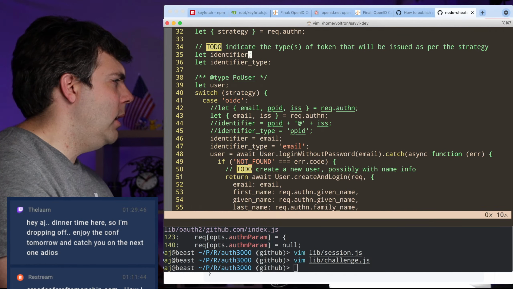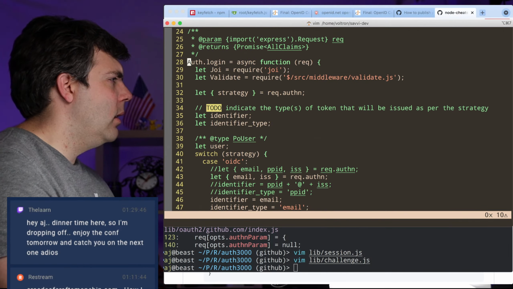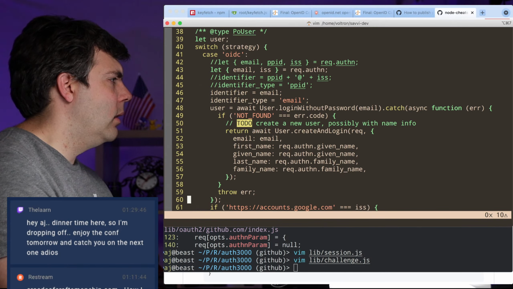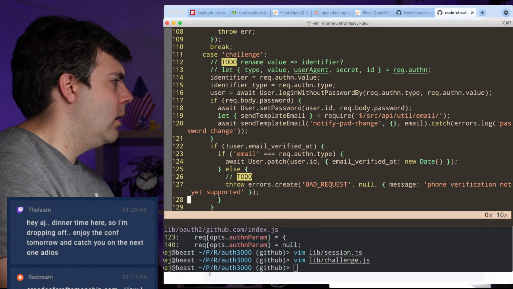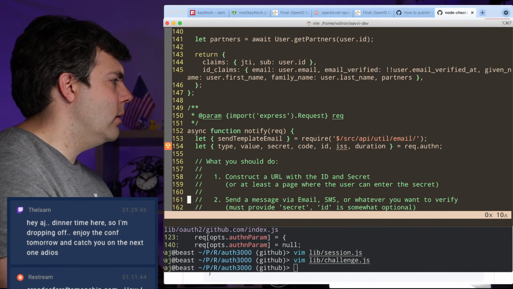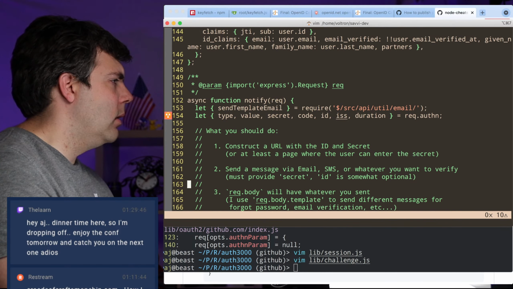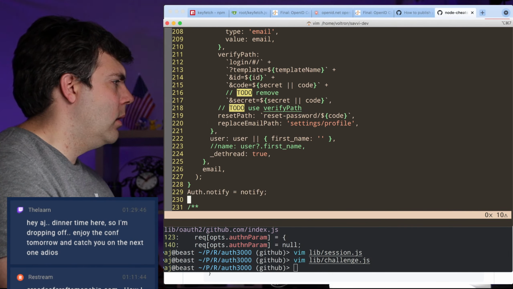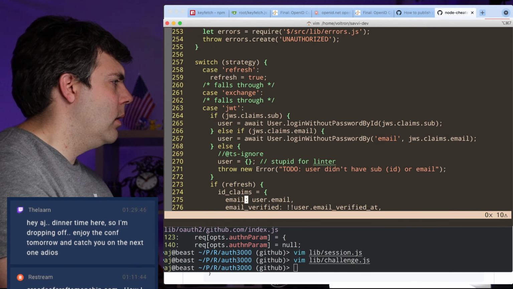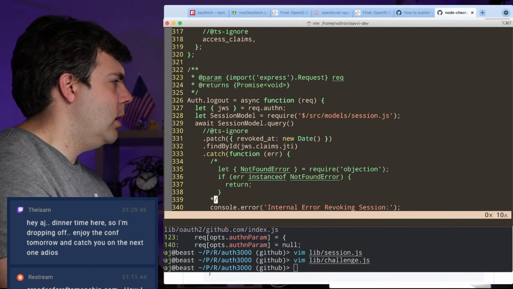Is there anything else that would need to be initialized here? There's the whole login system. Whole exchange system.